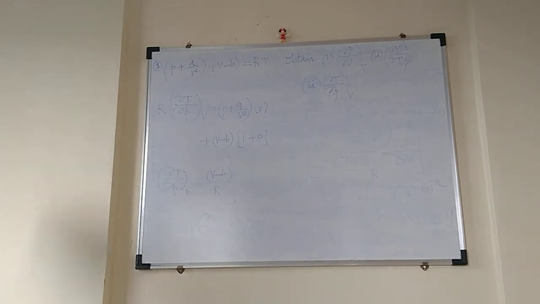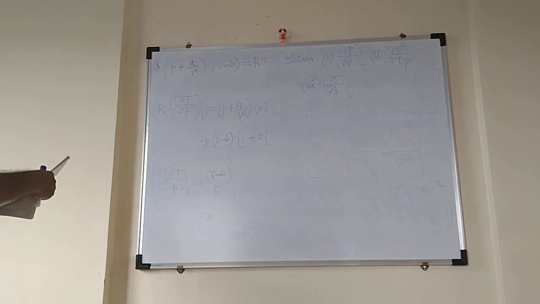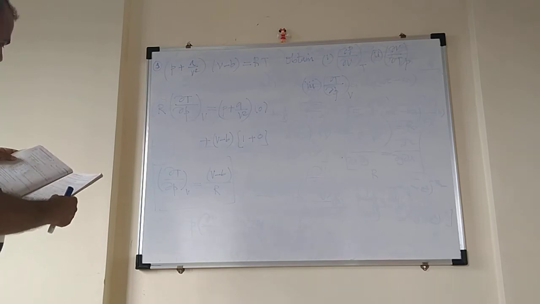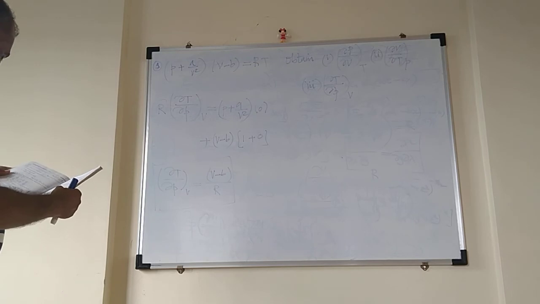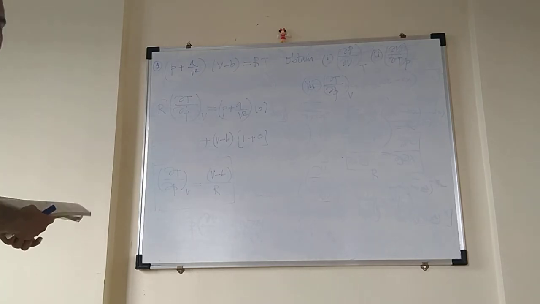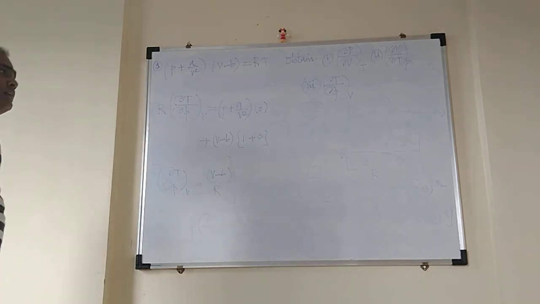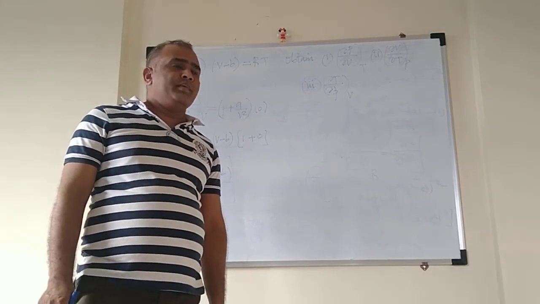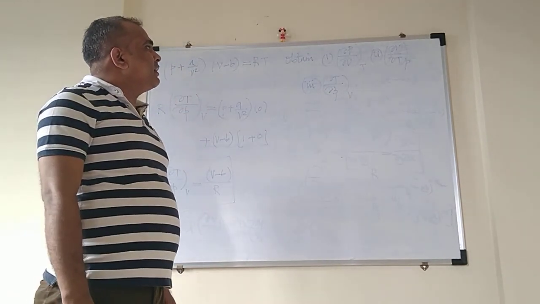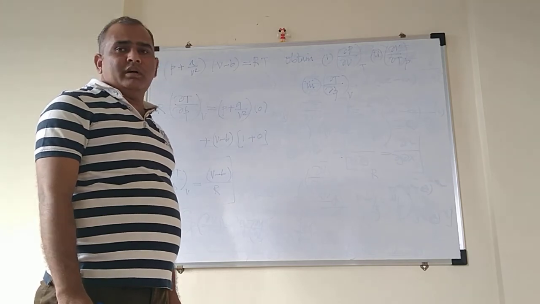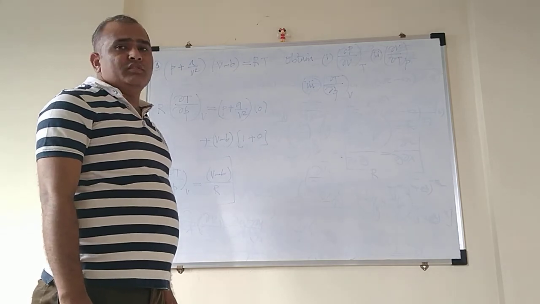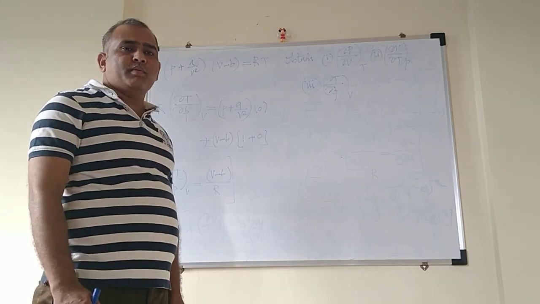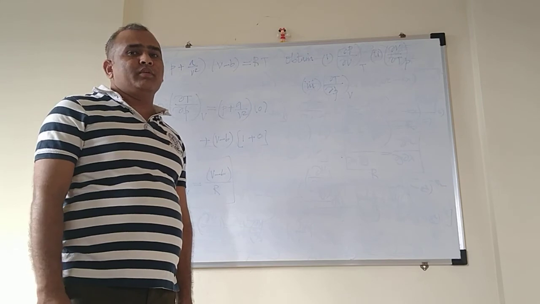Let me check whether we got the correct answer or not. The problem number 1 we have already written down the answer. The third one, v minus b by r, is the correct one. Fine. So I hope you have understood the problems based on partial differentiation. Let us stop now. Tomorrow I will come out with the next video based on the next topic, and we are going to solve problems also based on the same topic.